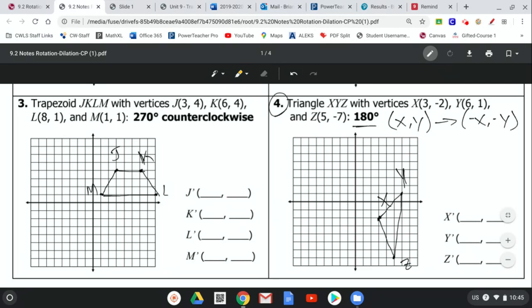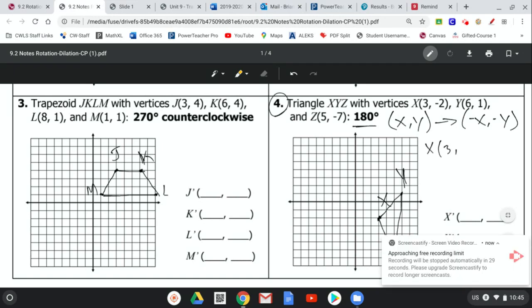Okay. So starting out with our first coordinate of x. So x is at 3, negative 2. Okay. So when we rotate it 180 degrees, what's going to happen is we change the value. That 3 becomes a negative 3, and that negative 2 becomes a negative, negative 2. We're saying negative 1 times negative 2. If we do a negative times a negative, that's going to be a positive and give us a positive 2. So all we're doing is changing the sign on that one. Okay. So our corner for x is